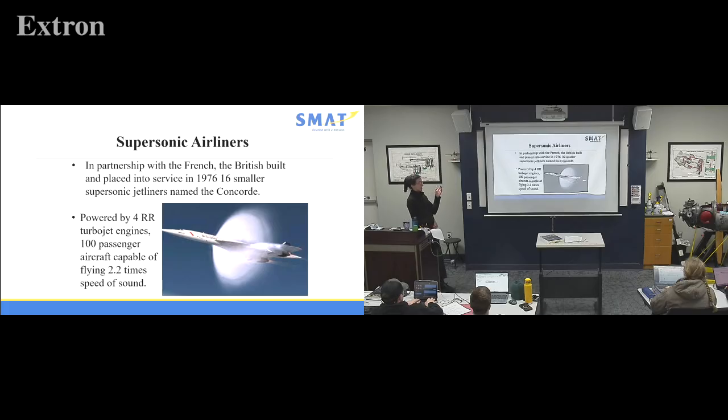There were actually 16 supersonic Concordes, with four Rolls-Royce turbojet engines. This was a 100-passenger aircraft, 2.2 times the speed of sound, until things didn't go so well and they crashed and scrapped the program. But around 2000, I think, when they crashed,